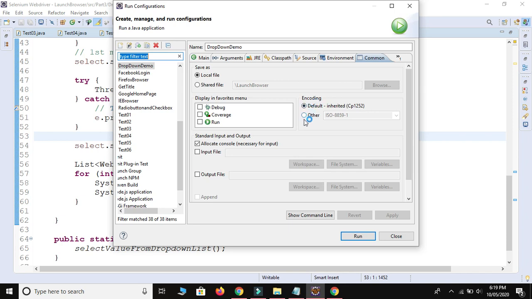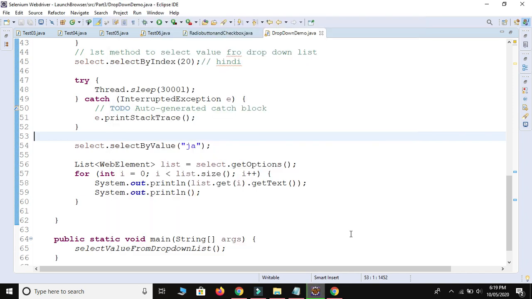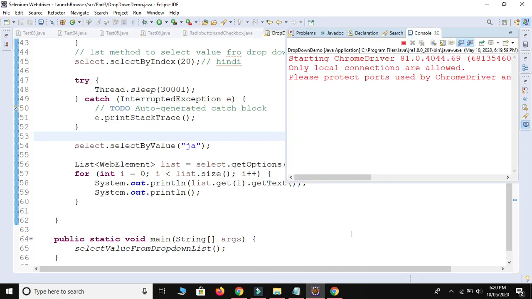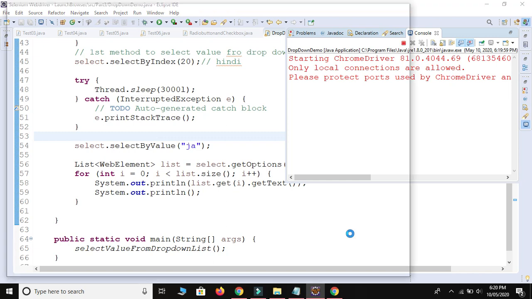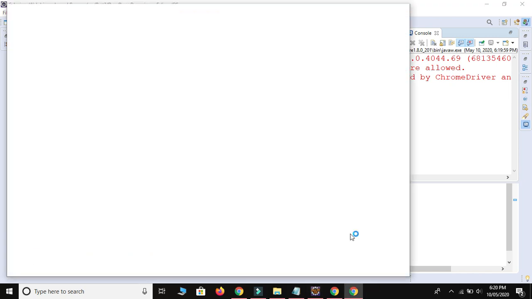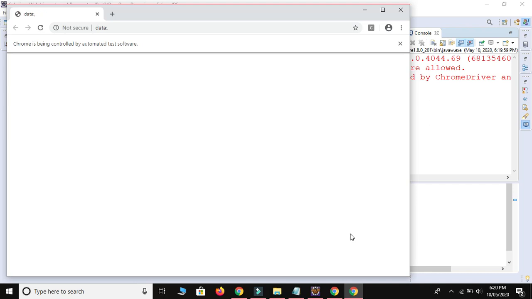Okay, we use other, and from the drop down use UTF-8. Okay, and click on apply and click on run. So at this time it will print each and every sub element from our parent elements, either developed using alphabet A to Z, or developed using different languages, different characters.